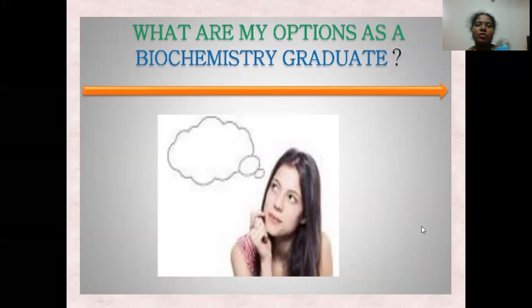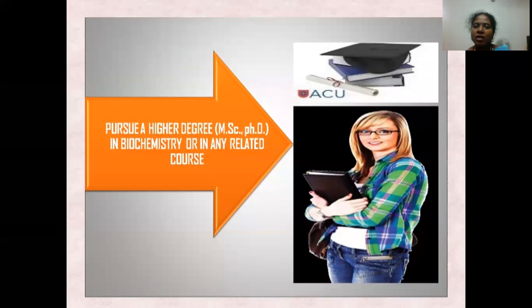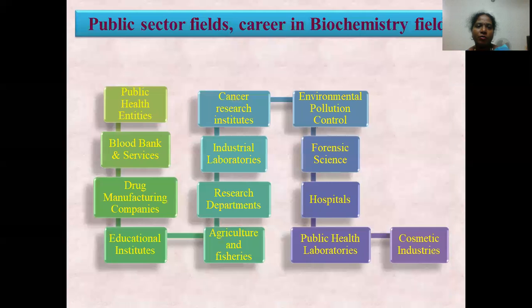So what are my options as a biochemistry graduate? So what are you going to do after completing your biochemistry graduate? You can pursue a master's in biochemistry, and after completing your master's, you can go for a PhD in research in biochemistry. So these are the public sector fields where you can build up your career in biochemistry: public health